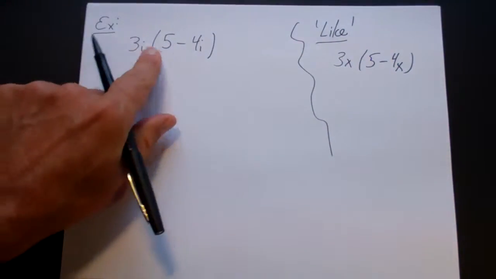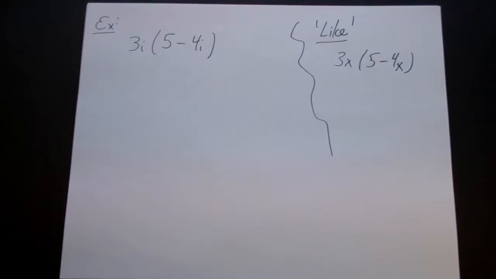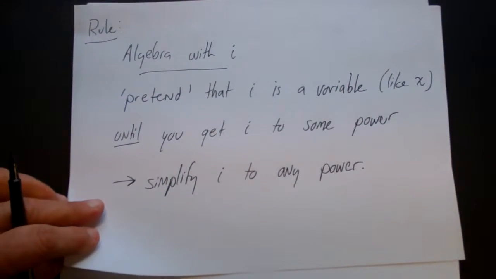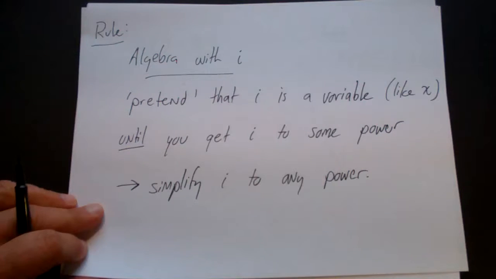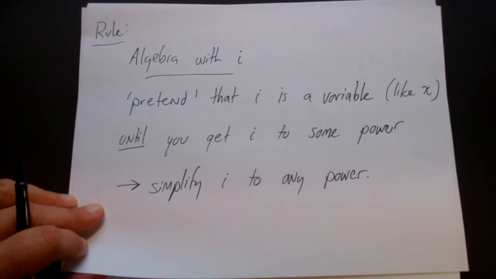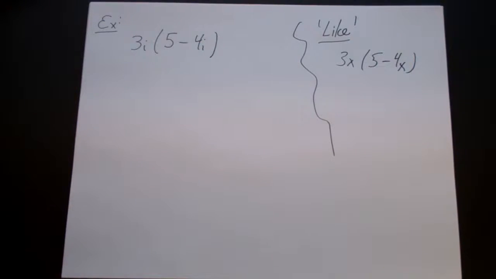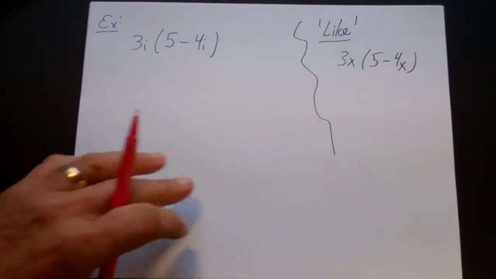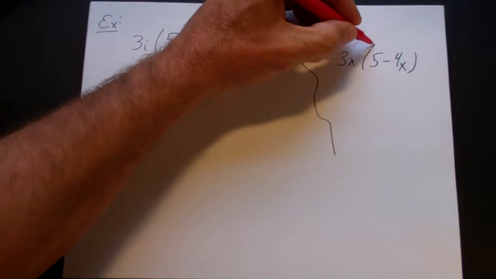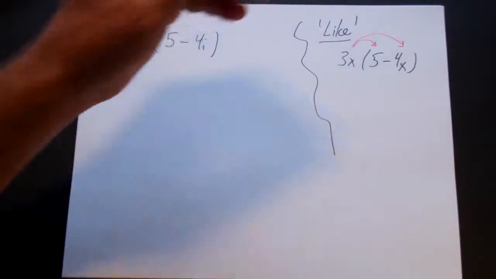How it's different is this has i in it and that has x in it. But let's look at our rule. Algebra with i is that we pretend that i is a variable like the x until we get i to some power. And then once you get i to some power, you're going to simplify i. So if we were doing this problem over here, the first thing that we would do is we would simply distribute,